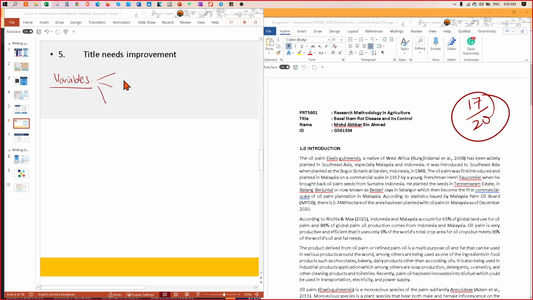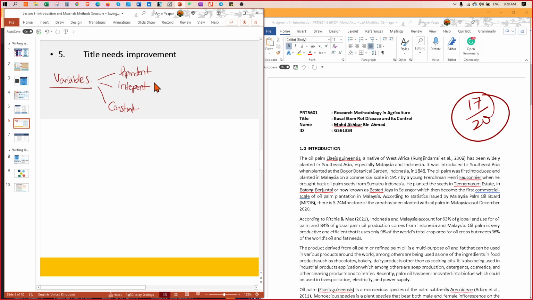Yeah, we just did one yesterday. Somebody one or two like that. Okay, what are those? You still remember? Dependent, independent. Okay, what else? Another one is control. Control or constant. Manipulate.